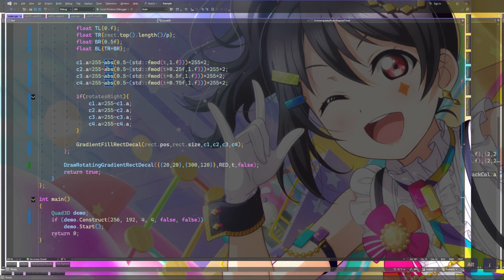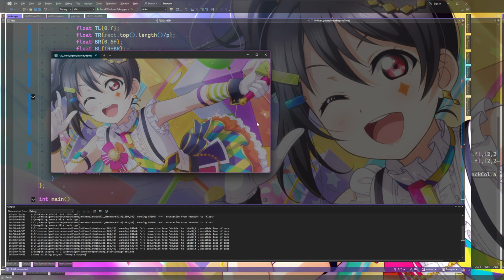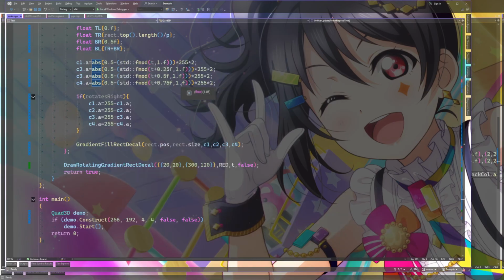That didn't work. Why did it not work? Oh, because I still have the 255 minus in there. So now it means rotate left. I think it's still rotating right, but at a different pace.